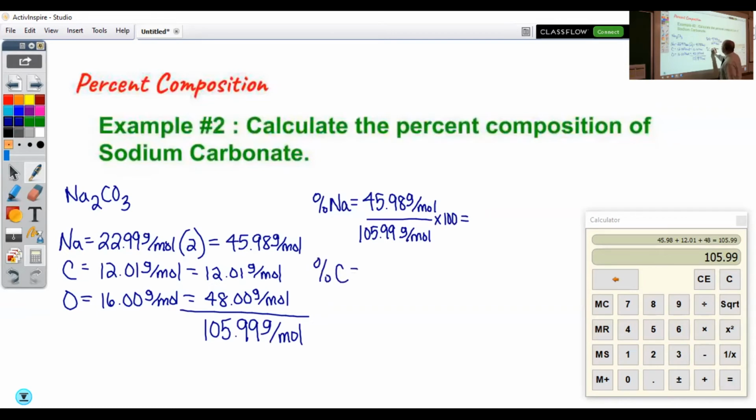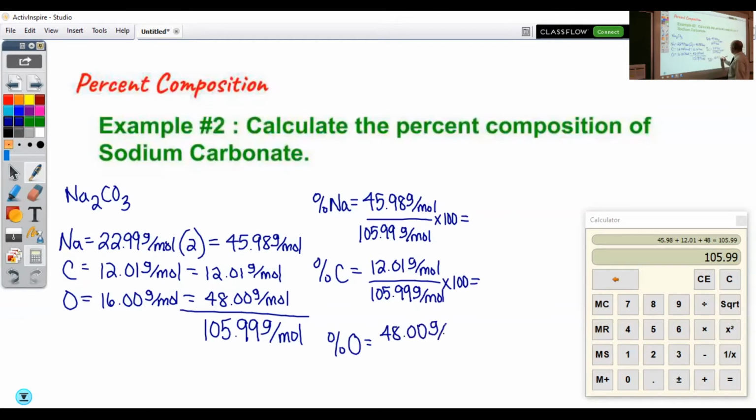My percent carbon is just the 1 carbon, 12.01 grams per mole over 105.99 grams per mole times 100. And finally, my percent oxygen is going to equal 48.00 grams per mole over 105.99 grams per mole